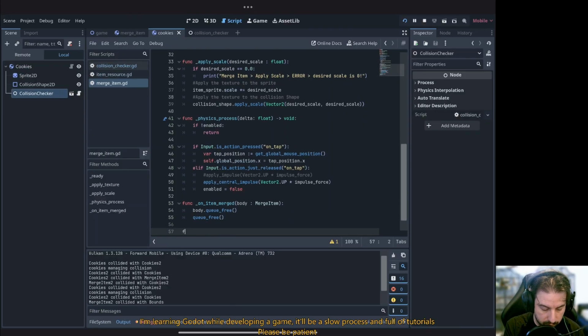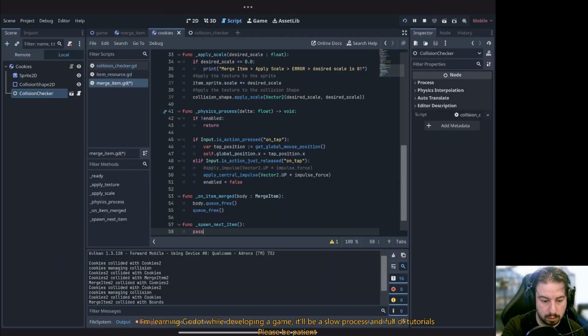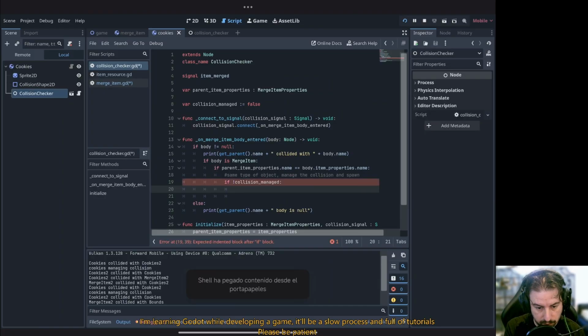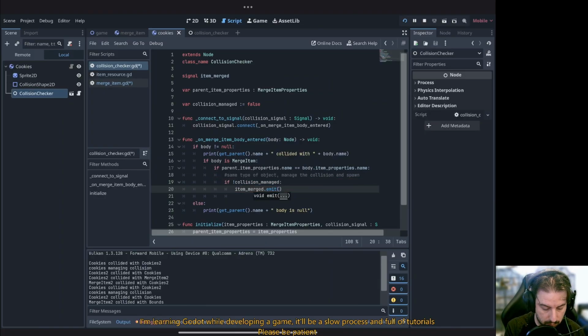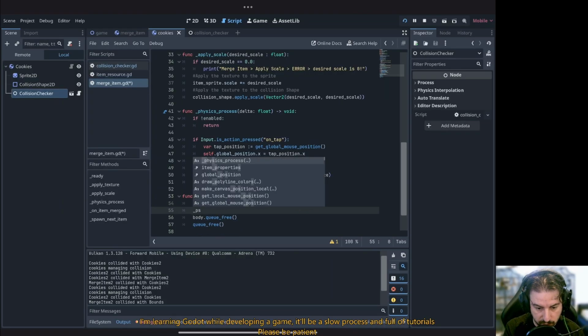So function spawn next item, and now it's because I want to check before this, so collision manage. Maybe we can put that in here. So the collision manage will have it emerge dot emit body. We'll send the body to the parent. So in my merge item on emerge, I want to do the collision. I want to spawn next item, and then I will need to destroy